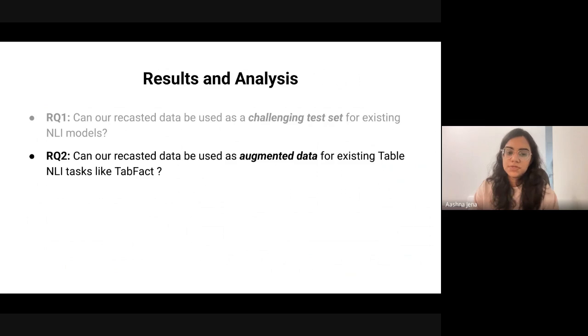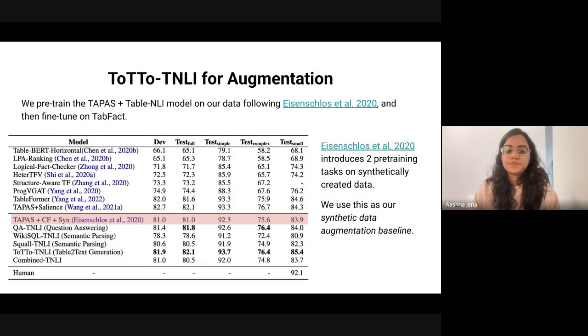The second question we answer is, can our recasted data be used as augmented data for existing NLI tasks? This table shows some baseline values, and we build on top of Tapas plus TableEye, which is a pre-training model pre-trained on counterfactual and synthetic data.